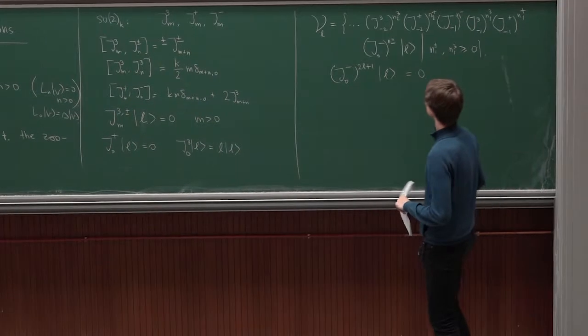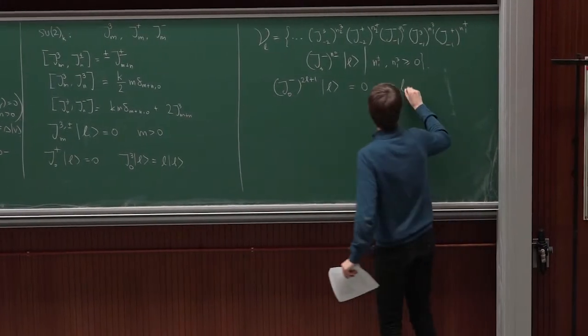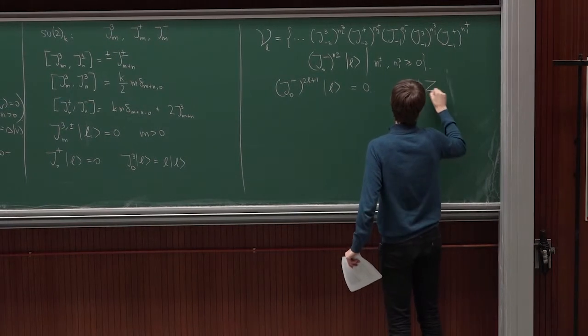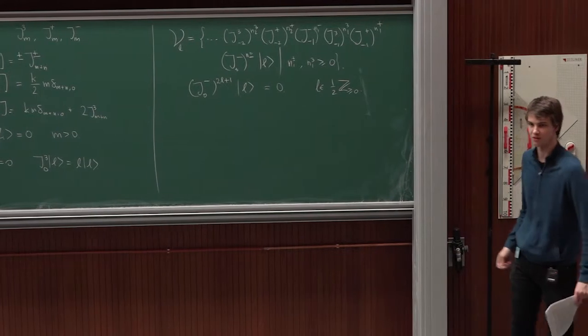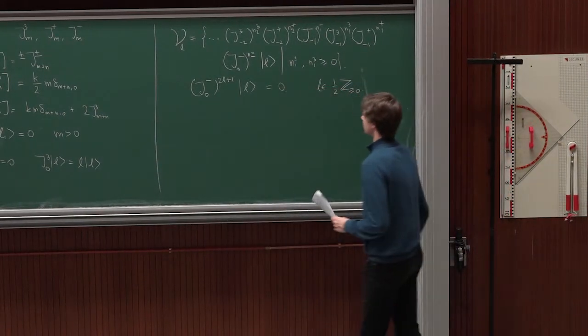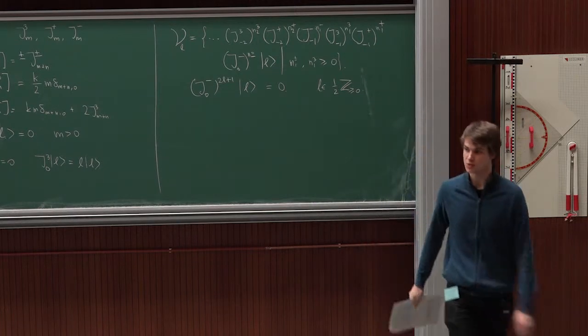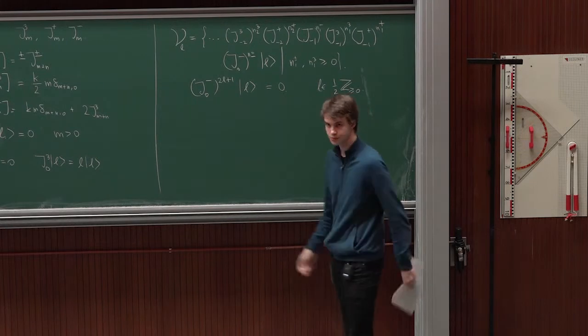Okay, so that is sort of the stupid null vector we always have in the Verma module, provided, of course, we take a valid SU2 spin. So we want our SU2 spins, as always, to be positive half integers. Then we have this null vector. But there's something interesting happening sometimes. So this is still not super interesting.